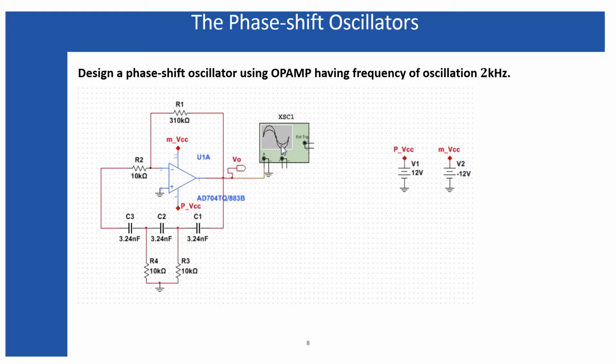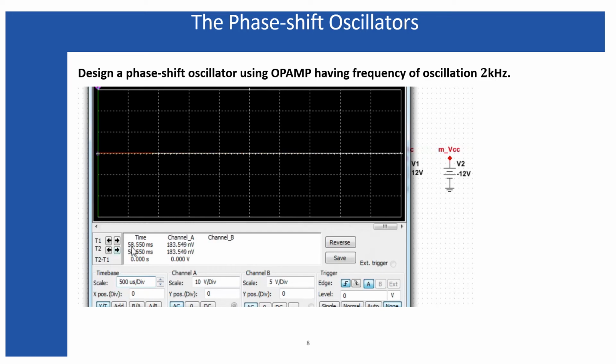Now I am using 310 kilo ohm. Now let's observe at which time. Look, it already crossed this 67 millisecond, and near about 229 millisecond this oscillation is appearing. So it took a longer time to produce the oscillation because of the smaller resistance we have used. That is why in a practical circuit we generally use a bit higher resistance, and that makes the gain a bit higher than we have obtained mathematically.